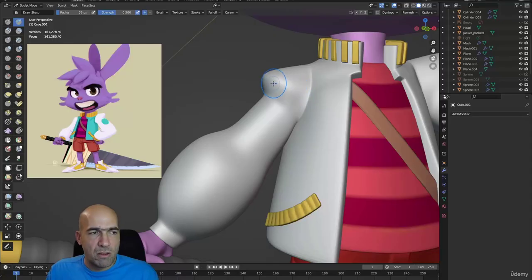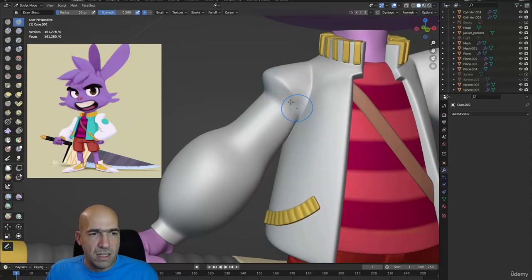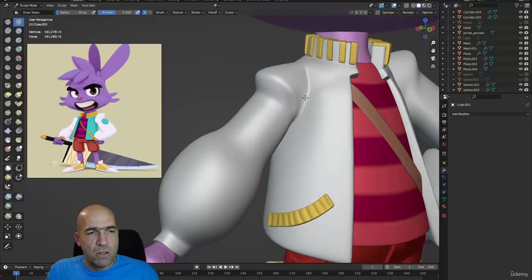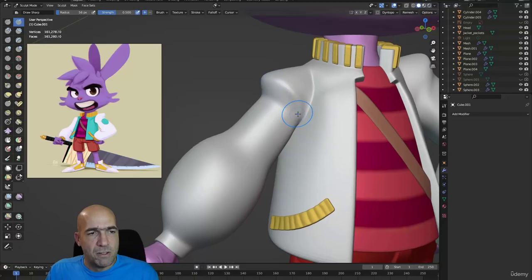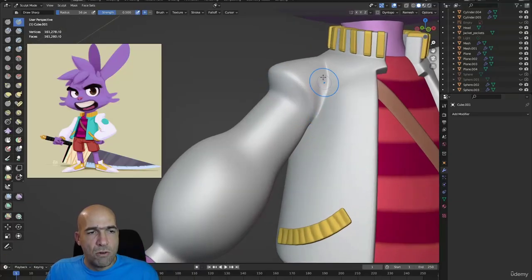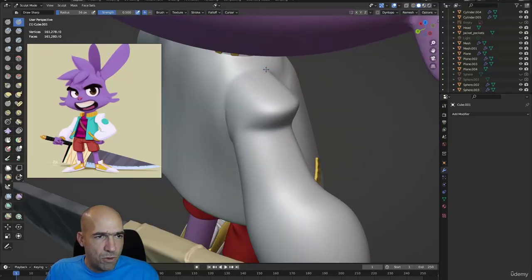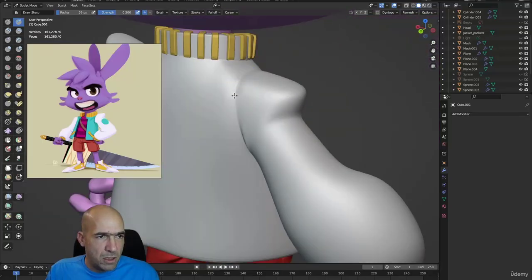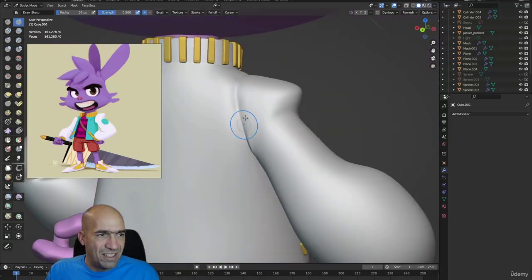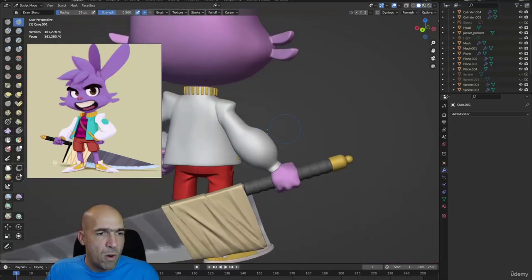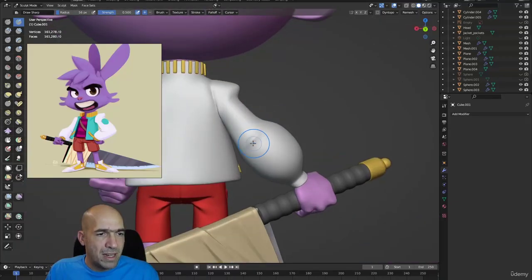So be careful about the jacket. The jacket is not easy, but we have to do it. So now I'm using a little bit of draw sharp brush, and draw sharp brush will be my main brush here for the jacket. I will draw here with the draw sharp brush a little bit. This will be the end of the blue area of the jacket and the beginning of the white area. Here in the back I will make with the draw sharp brush a little bit of a sharp thing, and